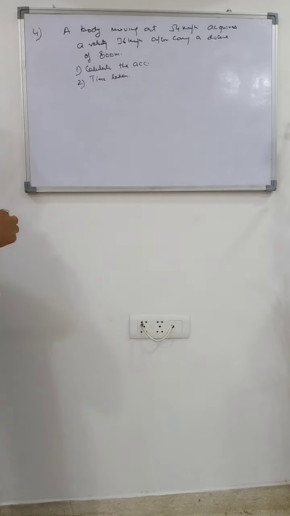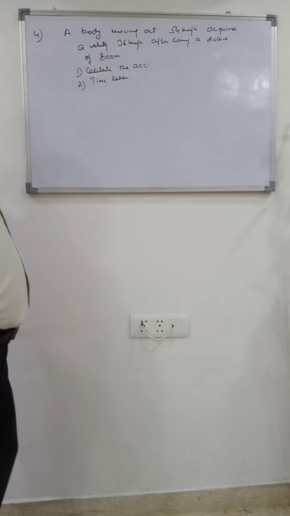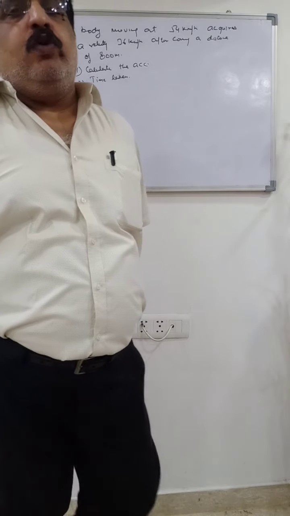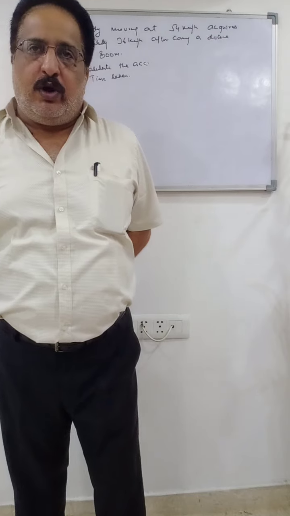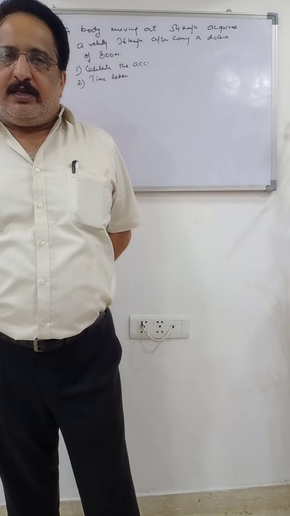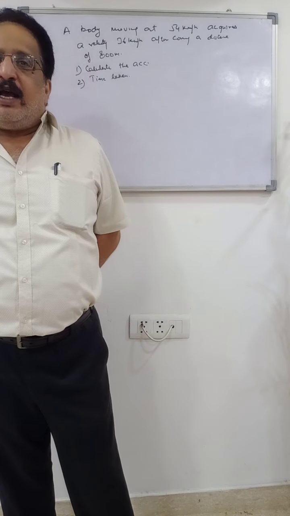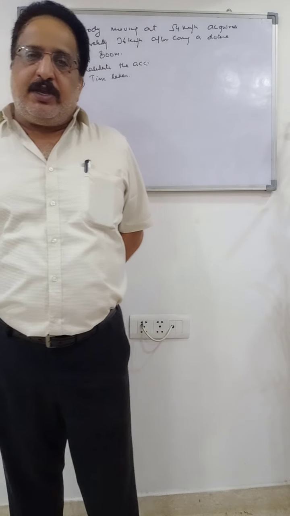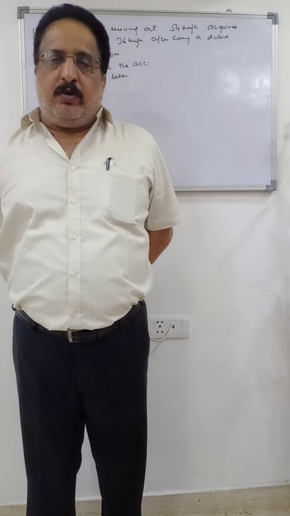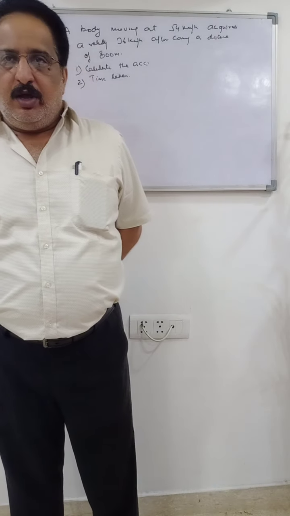First of all, we'll have to calculate the acceleration and then the time taken. Now this body was initially moving at 54 km per hour. What does this mean? The initial velocity U is 54, final velocity V is 36. That means the speed of the body is decreasing. So that means the acceleration will come out to be negative. Acceleration यहाँ पे negative आएगी. Why negative मेरे बच्चे? Because with time the velocity of the body is decreasing. So that means it is retardation. Let us see if it comes out to be negative or not.